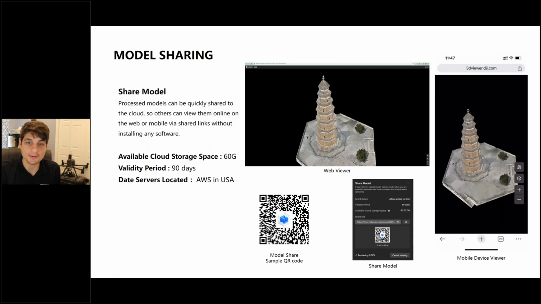And then the big one, the one that I'm excited about for 1.1, is the ability of sharing that 3D model. So process models, the workflow would essentially be you capture using Pilot 2 and your DJI drone. You would then process your data in Terra using our photogrammetry engine. You'd import that into Modify with a simple click of a button, and then